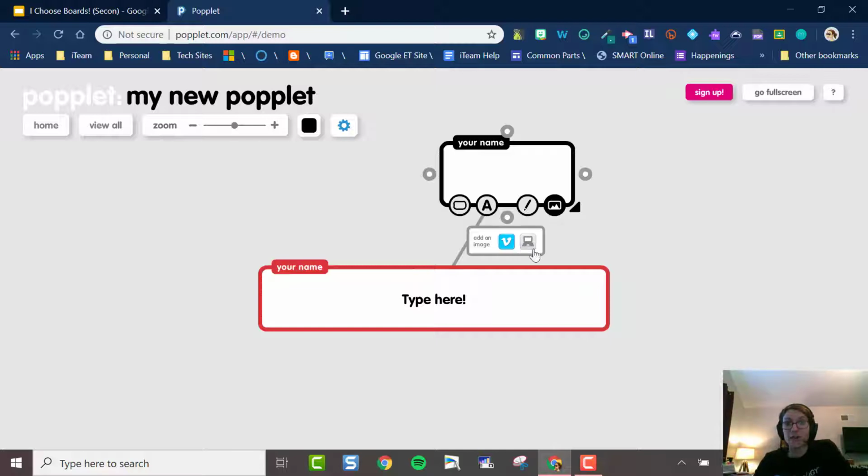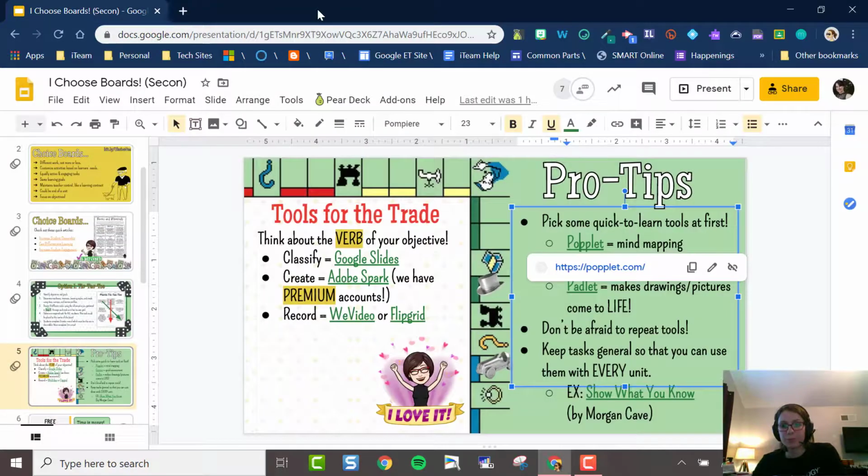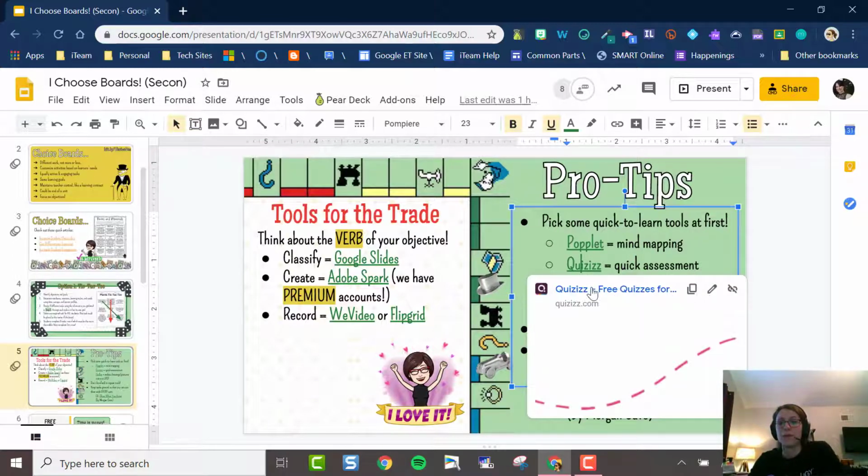Adding in an image or a video is a great option. You can also draw. So Padlet, very easy to use, quick and short. The other one that I really, really like is Quizizz. I'm sure a lot of you have seen it, but I still like to recommend it simply